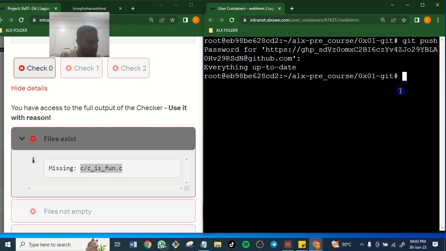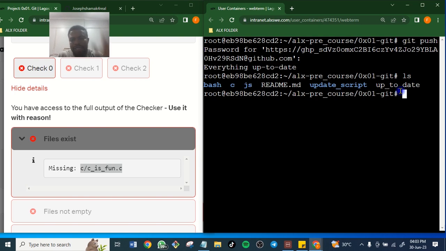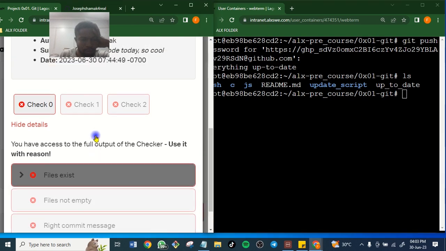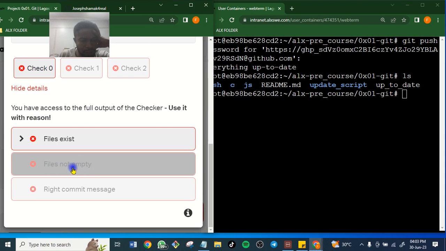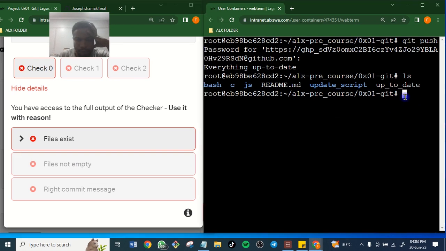Let's check. ls. Let me see, the file is not empty. Let's check those files. cd.